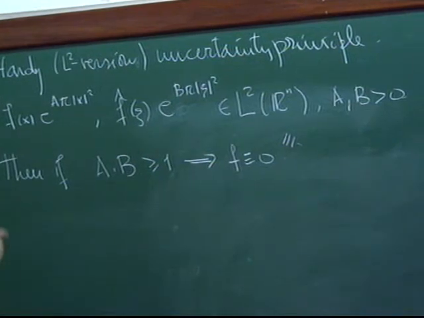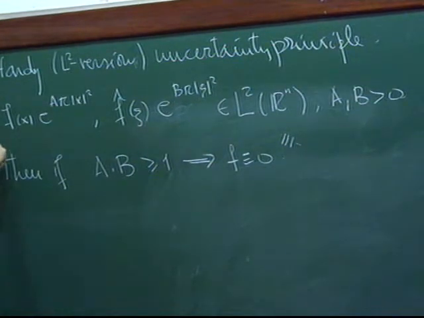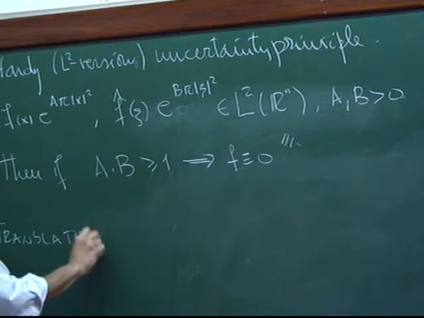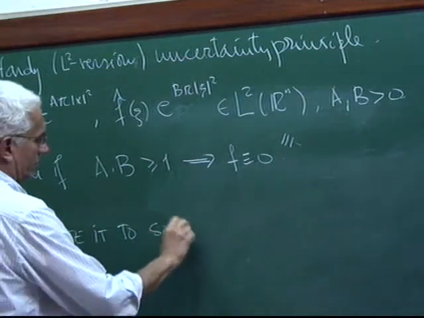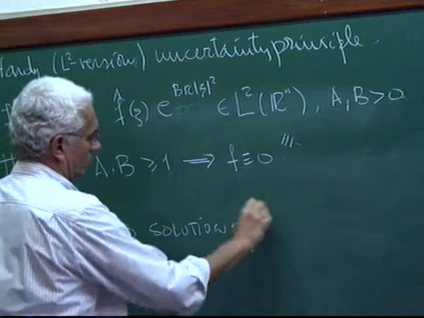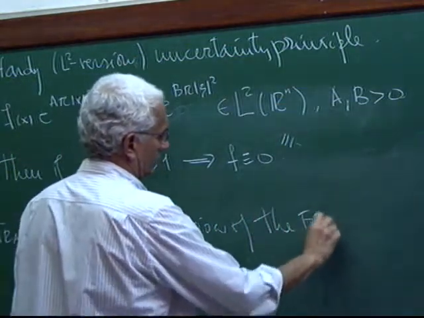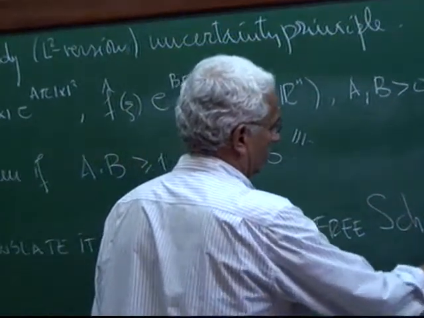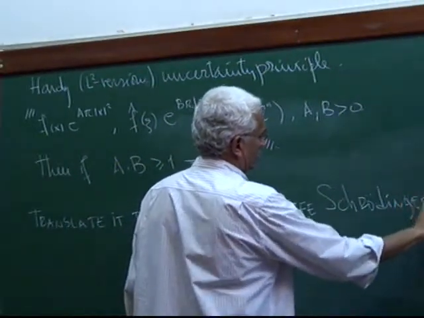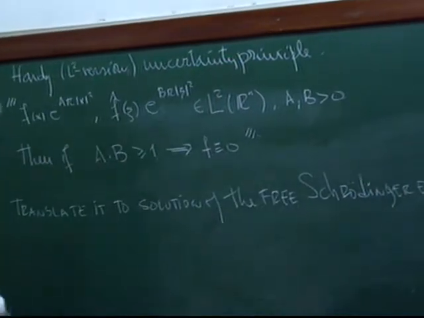Then we translate this uncertainty principle to the linear Schrodinger equation. How? Then we saw, we're going to translate this to solution of the free Schrodinger equation. If